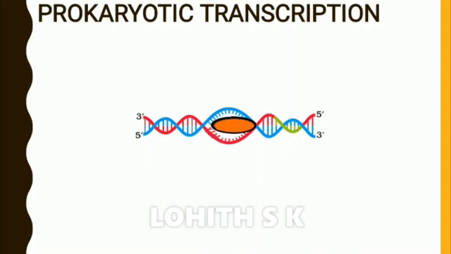That means the region where there is no base pairing, or where the hydrogen bonds are broken, leads to the formation of a bubble-like structure. That is called the transcriptional bubble. The length of the transcriptional bubble is about 17 base pairs. So now the RNA polymerase enzyme breaks the hydrogen bonds between the strands so that it separates the strands, and it moves towards the downstream end.